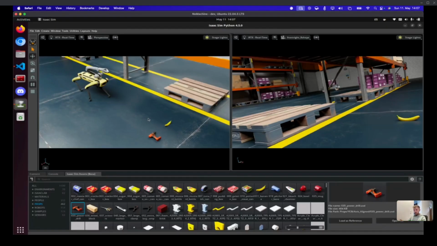Yes, exactly. So first, I tried it with a different approach. I used the camera API of Omniverse Isaac Sim, which is also a possible solution to get data, and just use rclpy and create a ROS2 publisher from scratch. And then you can also feed the camera frames into ROS2. But as Isaac Sim already provides out-of-the-box OmniGraph and a ROS2 bridge, I used that in the end, which is